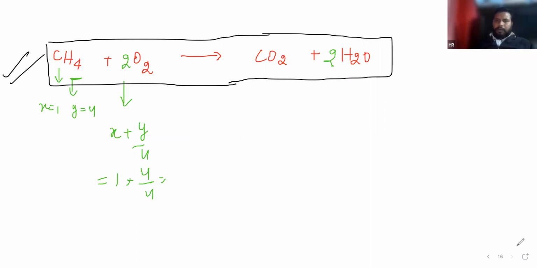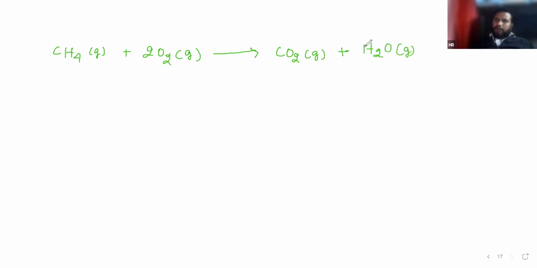Now see, what I want you to learn is that if I am writing CH4 in gaseous state plus, I'm writing directly the balanced equation of combustion of methane, 2O2 in gaseous state will give CO2 in gaseous state plus H2O, whether you want to write it in gaseous state or liquid state, whatever is given, it will be okay. Now see, the reaction should be balanced. Like the reaction was balanced in limiting reagent, it should be balanced in stoichiometry too. Is that clear?